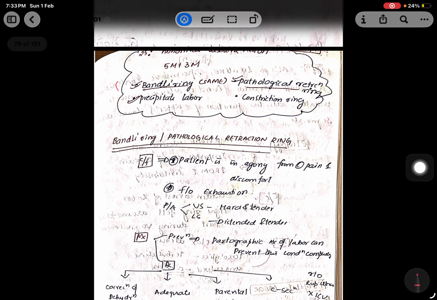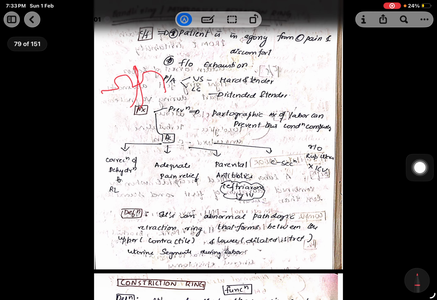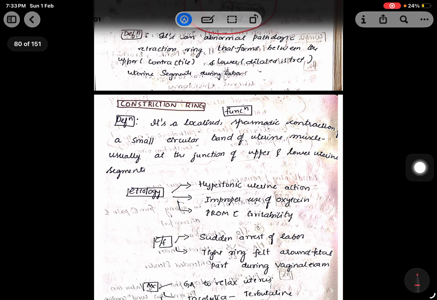Again, this is a 3 marker thing. Okay, what is a band sling? What do you do, how do you prevent it, all these things you can just read about. There's nothing much. And also, how do you differentiate between constriction ring and band ring? Okay,